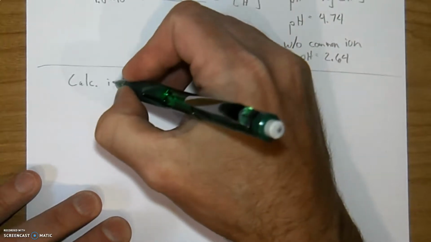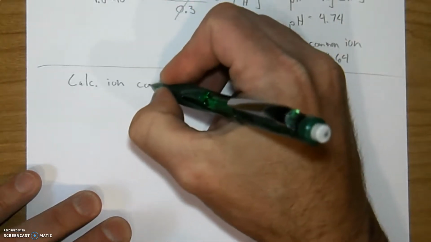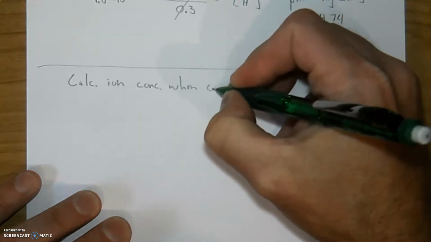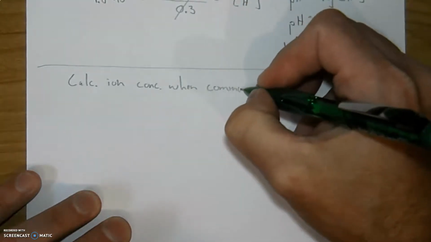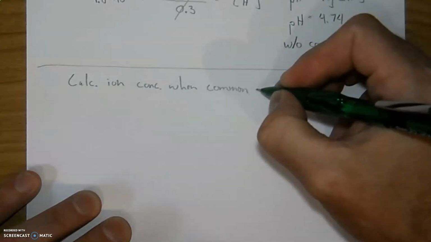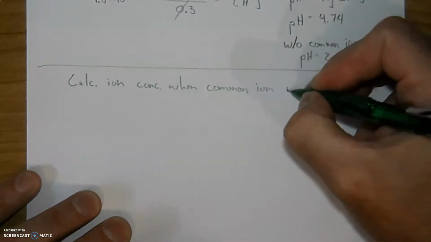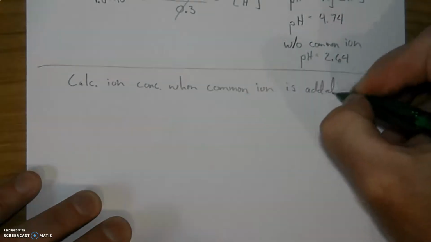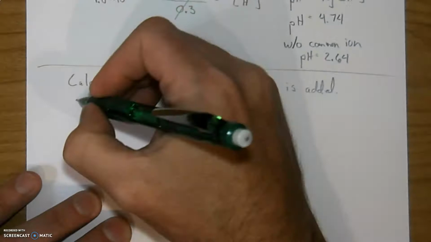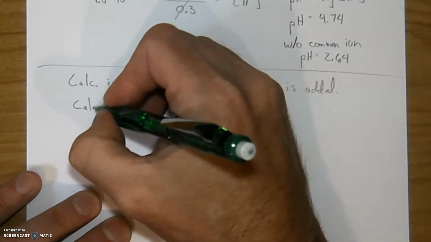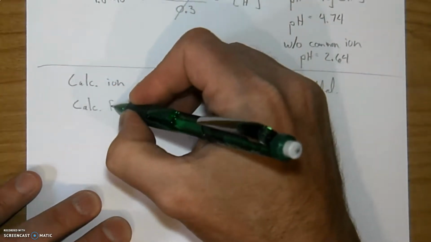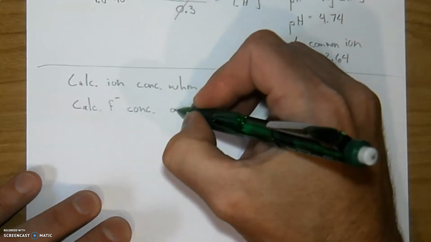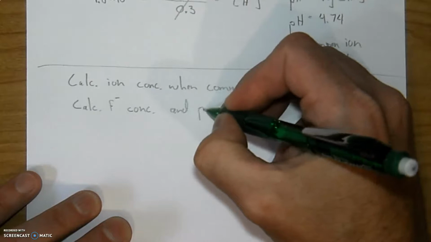Calculate ion concentration when common ion is added. So same deal, we're just trying it from a slightly different angle. That was the idea. So specifically, calculate the fluoride concentration and the pH